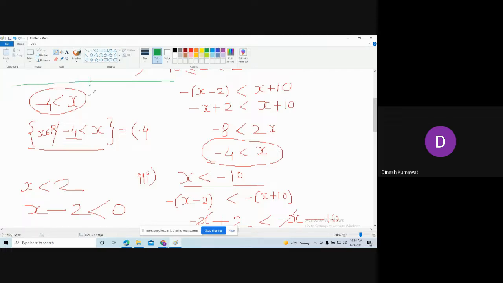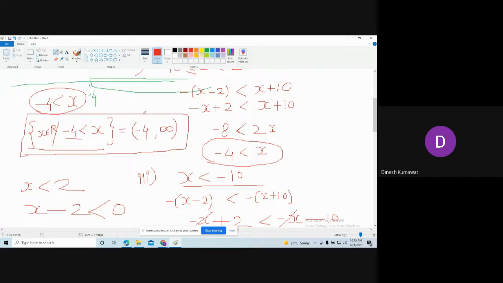So if I want to write this set on the real line, I mark -4 on this real line. Now observe which real numbers I am going to consider, on the left hand side of -4 or on the right hand side of -4? Right hand side. So we are considering all those real numbers which are on the right hand side of this -4. So how will I write all these real numbers? Open interval -4 comma infinity. Is that clear? Yes, sir. So in this way we are going to generalize this set.